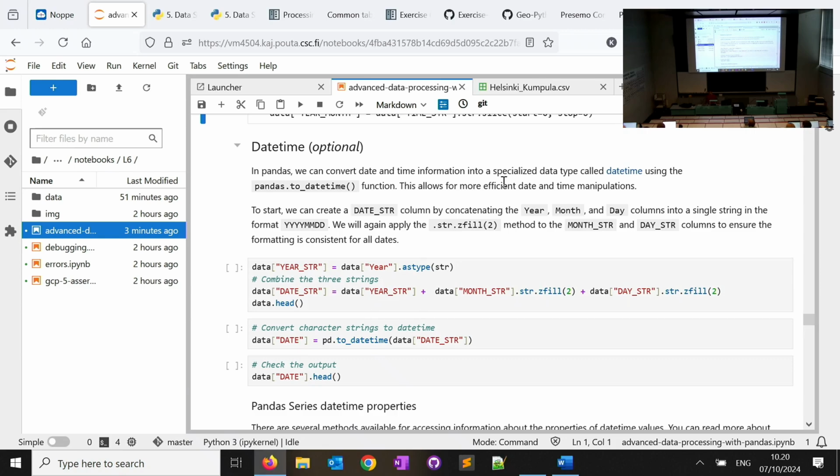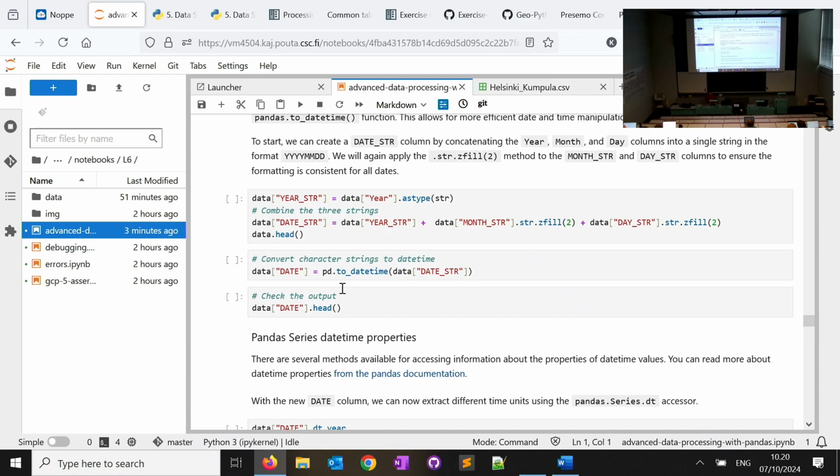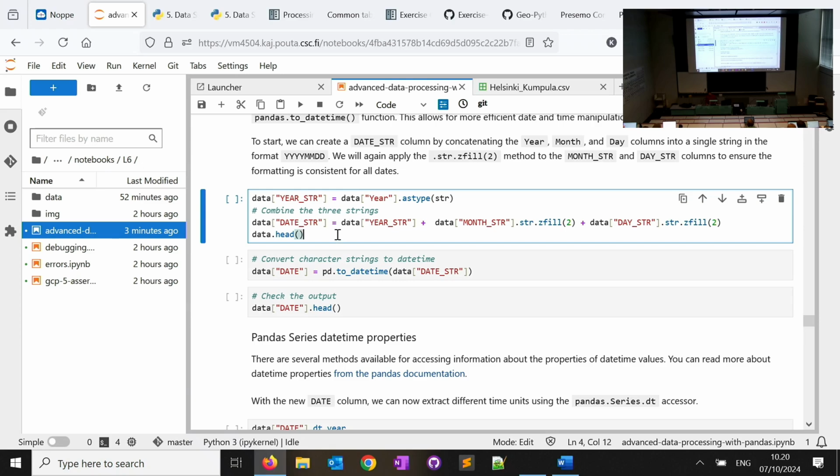But with Python, you can tell it that this is a date, and then it gives you a number of functionalities. So with a pandas data frame, here is an example. If you have the date, we won't do this here right now. We don't need it, but we can just quickly take a look.